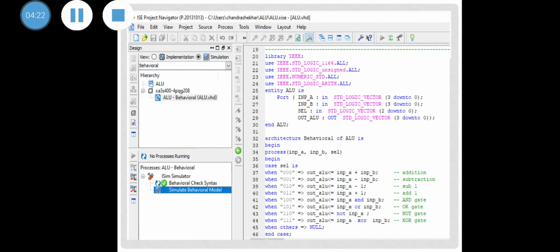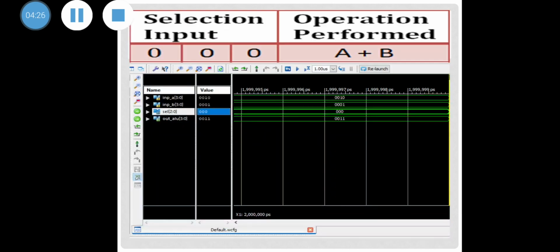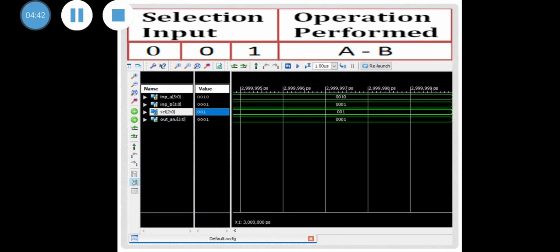The next step is to simulate the behavioral model, and after that this window will be opened. This is the output showing the first select line, that is 000, and binary addition will be taking place, and the whole output is displayed here. The next, for the select input 001, this is the output.